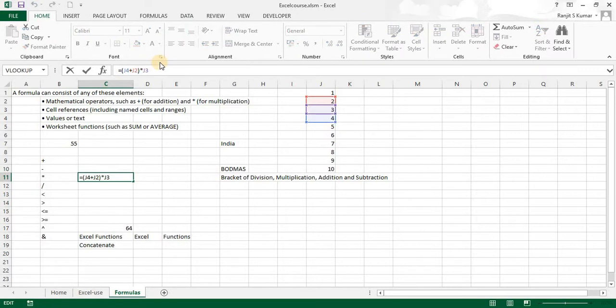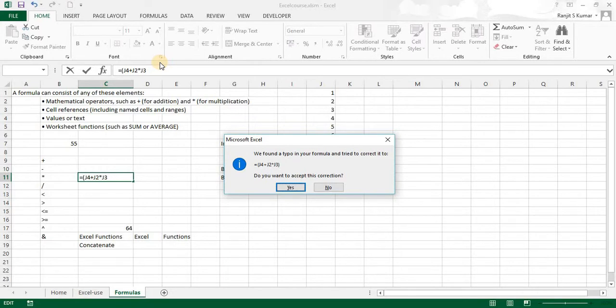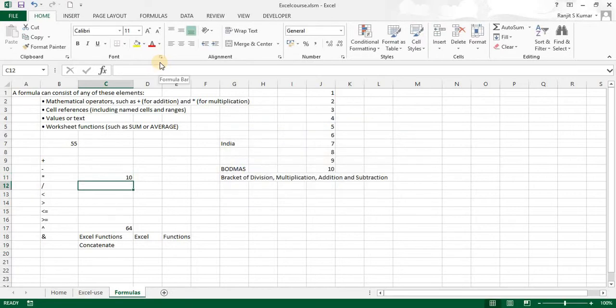Now say supposing I forget to enter this parenthesis and just press enter. Excel says we found a typo in your formula and tried to correct it to J4 plus J2 into J3. Do you want to accept this correction? So this is a warning for you. It's not an error. It will still calculate if you press yes, but it's a warning and we need to study that warning before pressing yes or no. If I press yes, it will give me 10 instead of the earlier 18,